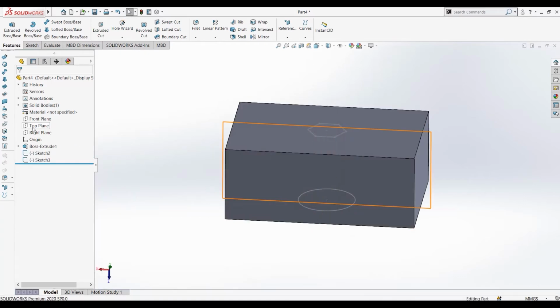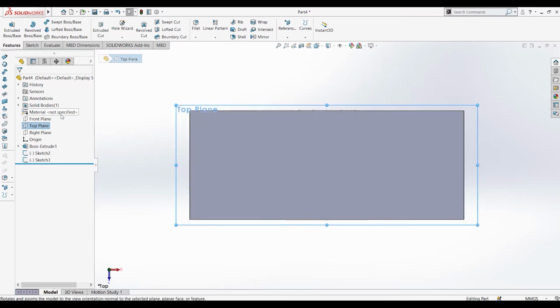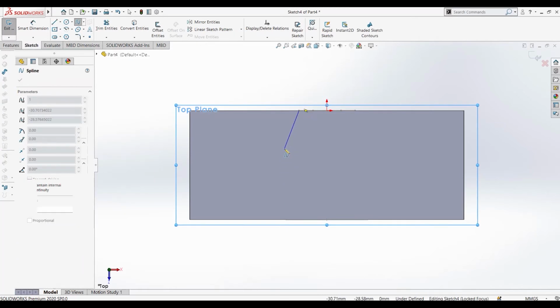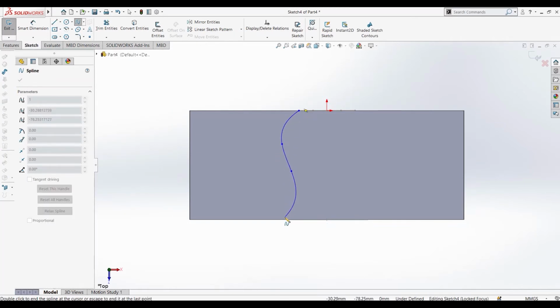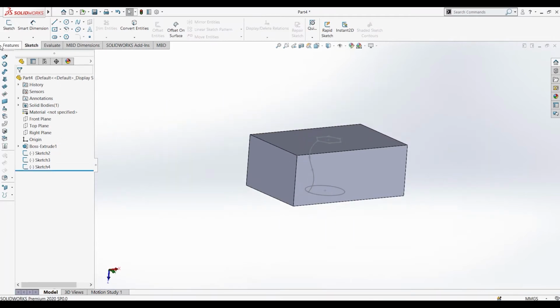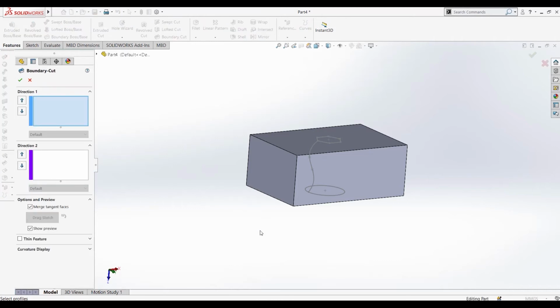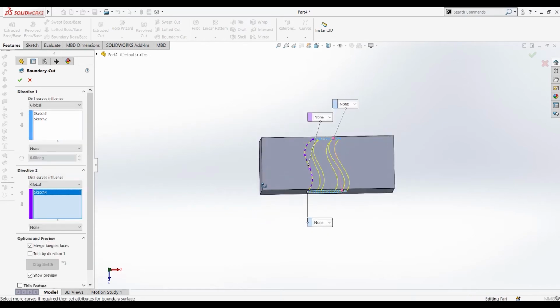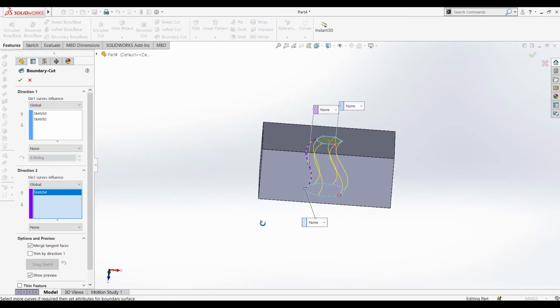and now draw the guide curves. And now let's activate the boundary cut option again. So select the sketches, and in direction 2 you can select the guide curves. And again similarly here also, just like the boundary boss base option, we have normal to profile